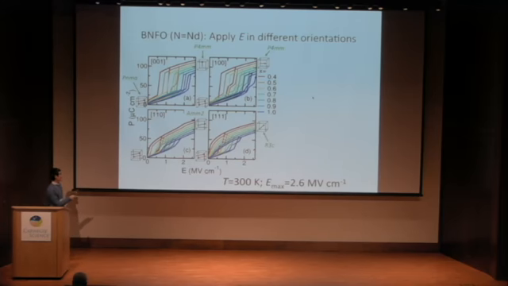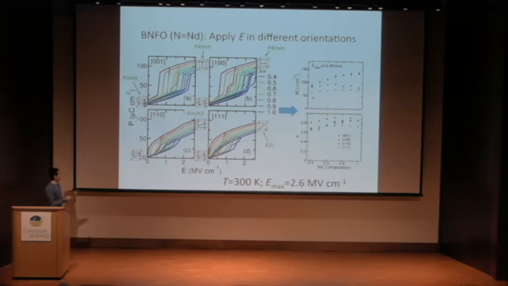And in the fourth case, we apply the field along the 1, 1, 1 direction. And the ferro phase is the R3C phase, with polarization along the 1, 1, 1 direction. For each E-field orientation, we see that with the increase in composition, the polarization decreases and the critical fields increase. That's a general feature for all the cases. Based on these PE curves, we can calculate the energy density W and the efficiency eta by finding the areas and the ratios.